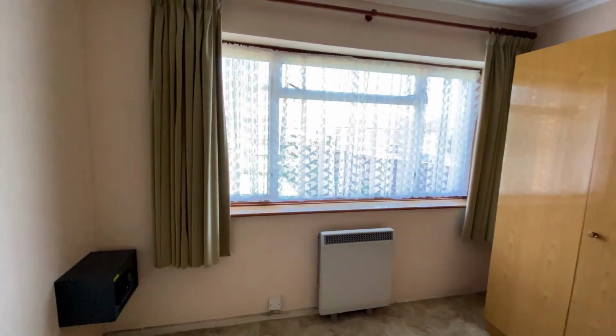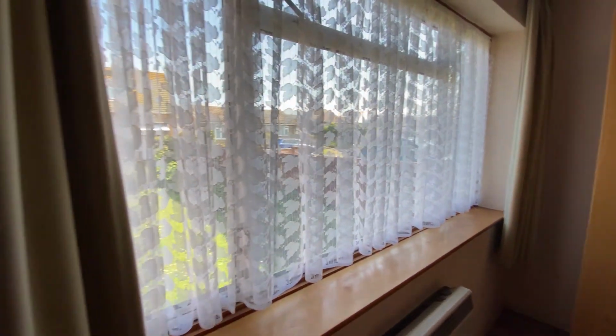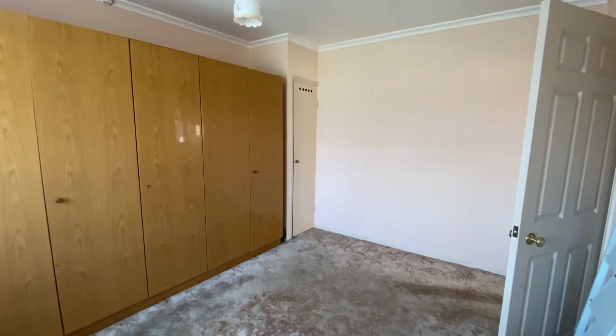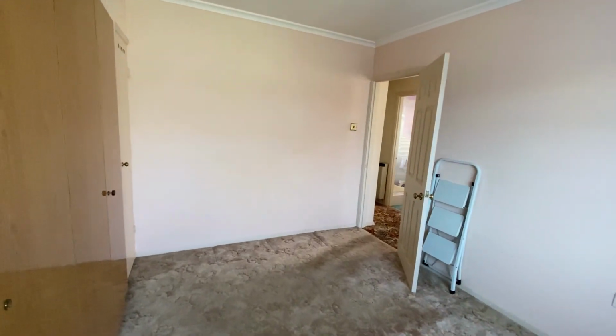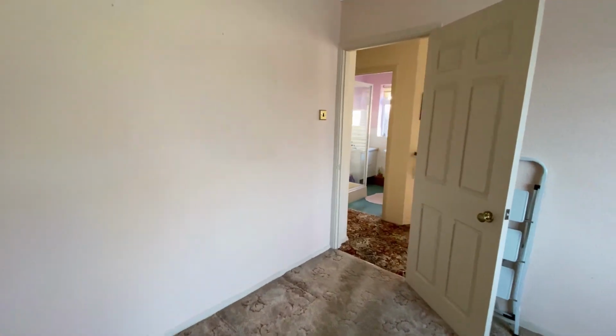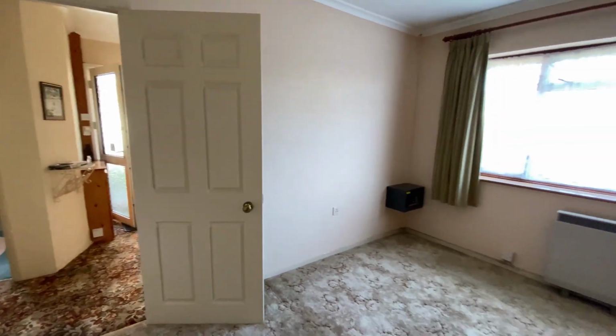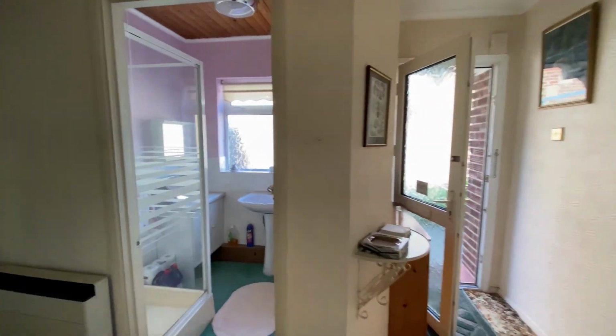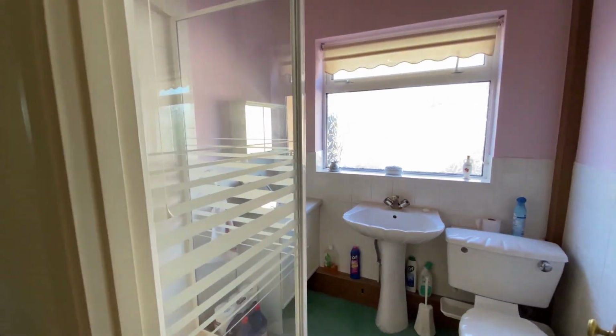So we're in the master bedroom here again, which is another double-sized room. You've got that lovely big window there at the front, but you've got the little airing cupboard utility space there as well. So really nice sized room. Now, the property does of course need some updating, but again, I said that it's a really wonderful blank canvas option. There's not really many opportunities to get a bungalow of this size really to put your own stamp onto,